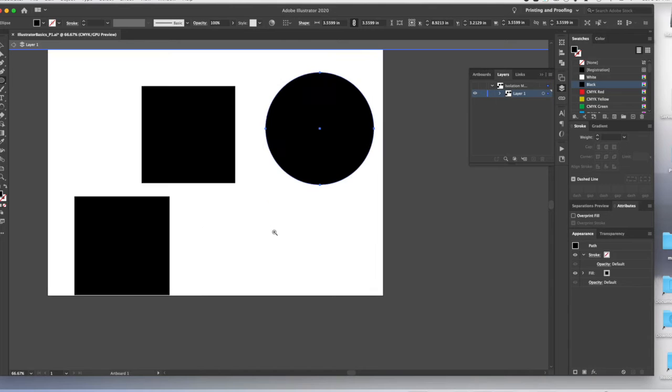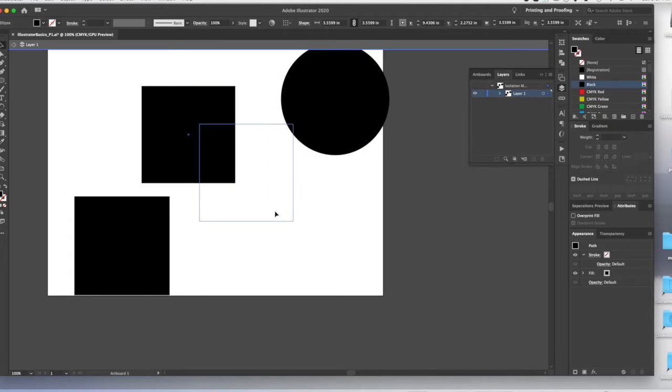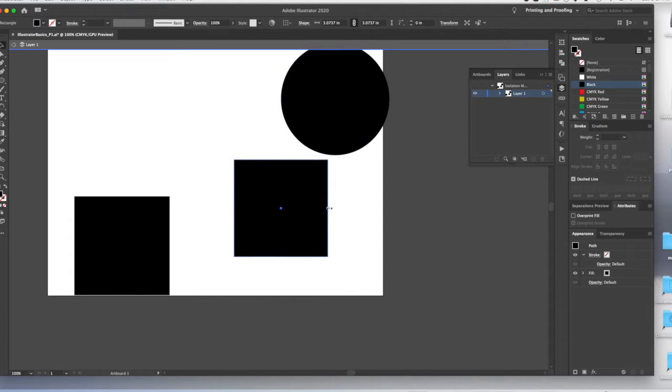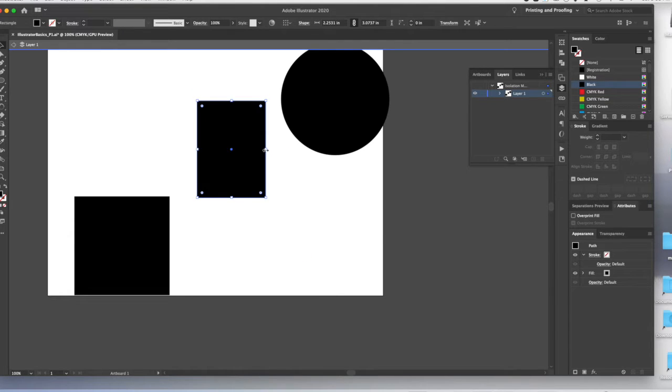Okay, so I have my art right here. What am I going to do with it? Well, let's see. Let's start thinking of a shape. Obviously, I have one in mind because I've done this before. I'm going to make that into a rectangle, a little thinner. I'm going to take my circle,